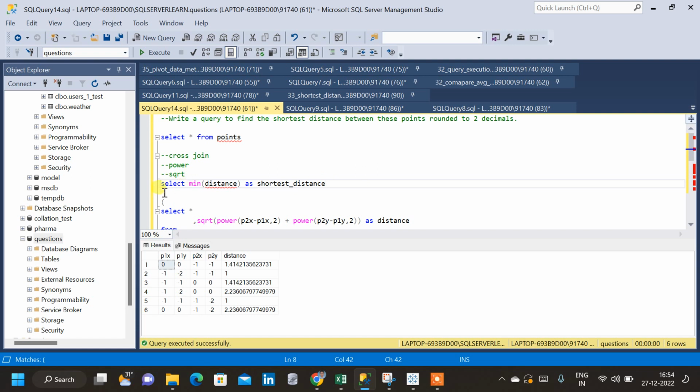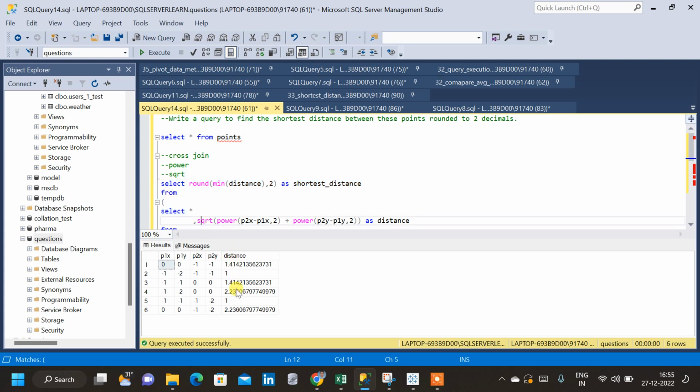Now also in the question it is given that we have to round it to 2 decimal points. So I will use the round function, that is round, put all this inside the bracket, and after the minimum distance put a comma and put how many decimal points we want. Now after this I have to put a from clause also here because I am taking all these from the subquery. Now if I run the query I will get the minimum distance. I haven't run the query